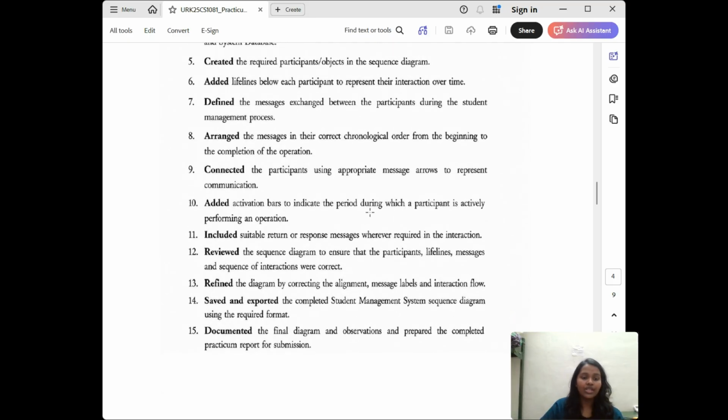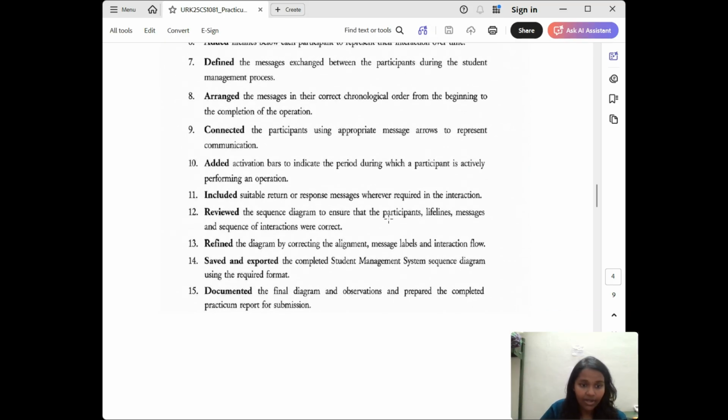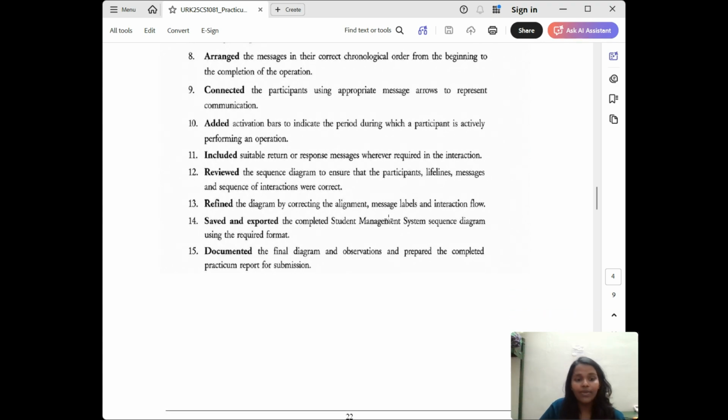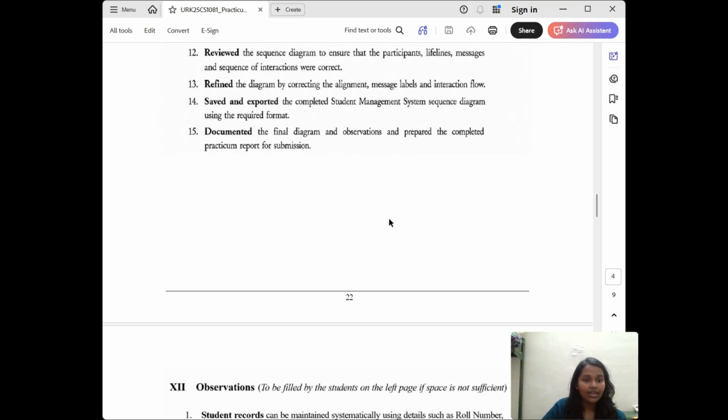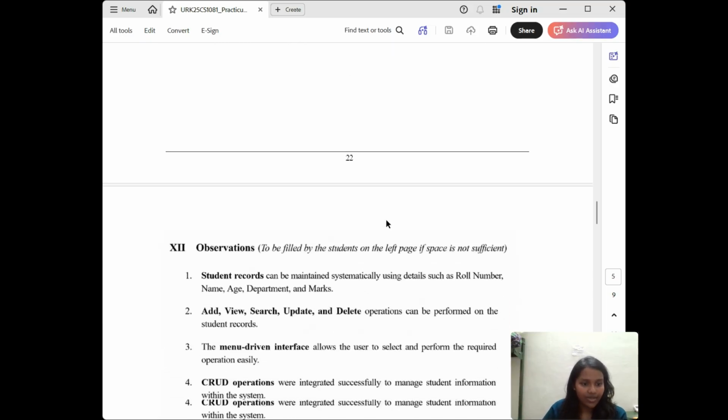We'll also use return or response messages wherever required in the interaction, review the sequence diagram once it is complete to ensure all participants, lifelines, messages, and the sequence are correct, and refine the diagram to indicate the correct interaction flow. At last, we'll be documenting it, preparing the student management system UML sequence diagram for observing.